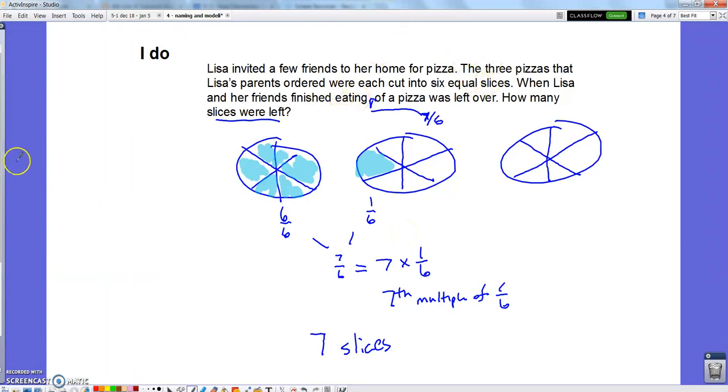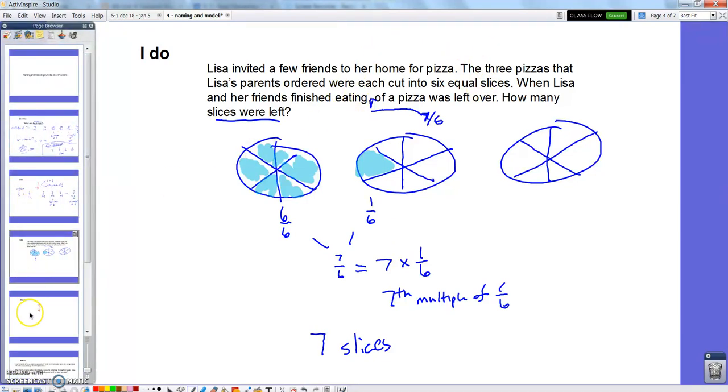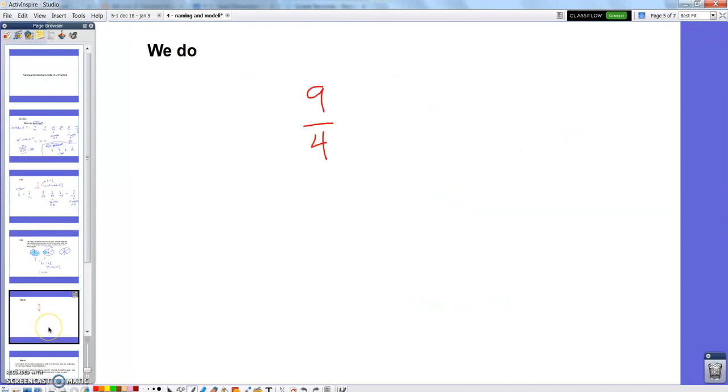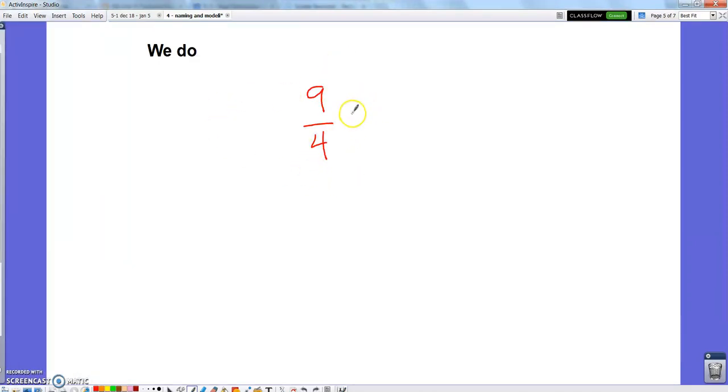Let's do a couple together. Open your notebook. We'll do one with just numbers, and then we'll do a situation. All right? So let's look at the number 9/4. So based on what I taught you, I kind of want to think of 2 big pieces of knowledge coming out of this fraction. 2 things you understand about this fraction as a mathematical thinker. So before I say what they are,